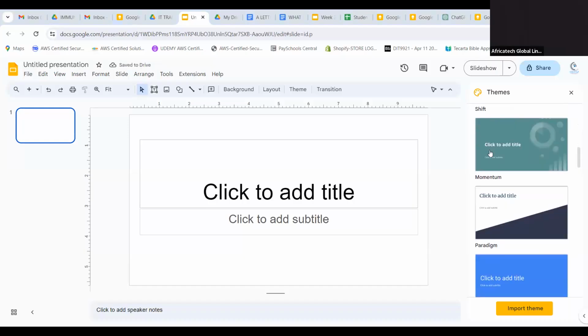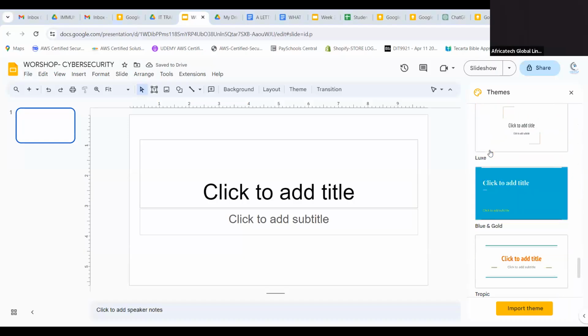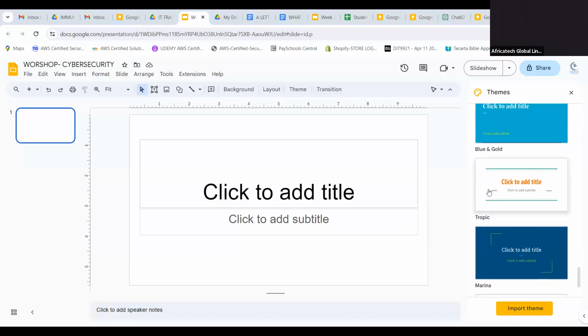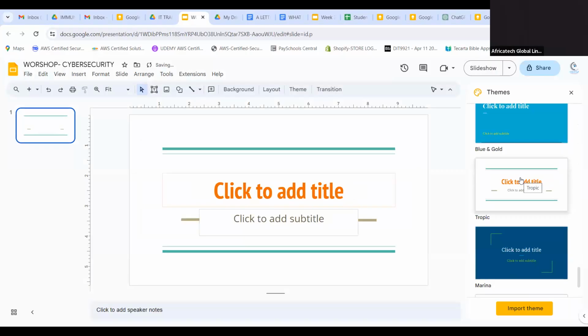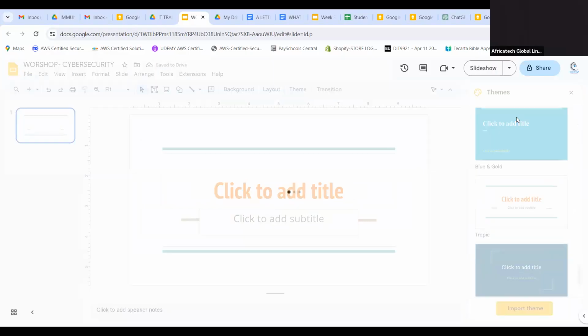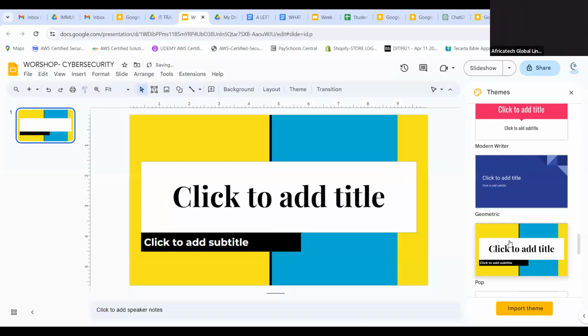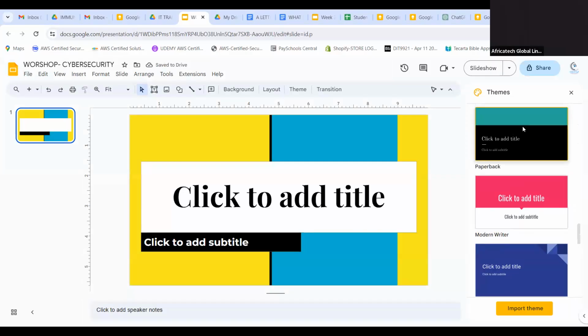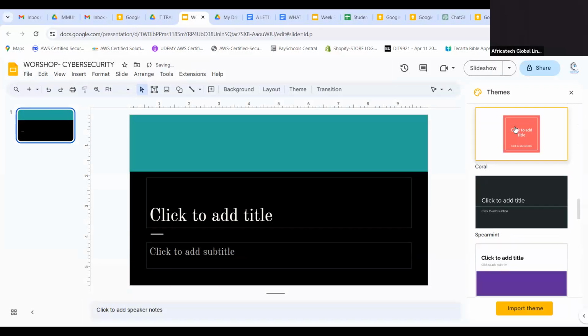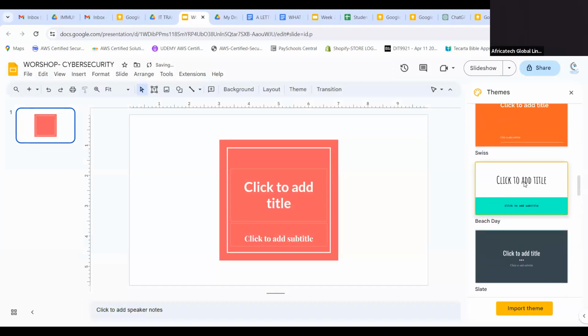On the left here, you can find teams. They are different teams that you can use. If you click on one, you will select the team that you like, depending on your color, what you want. When I was doing my slide, I chose this one, right? You can choose anything that you want, depending on what you're looking for.